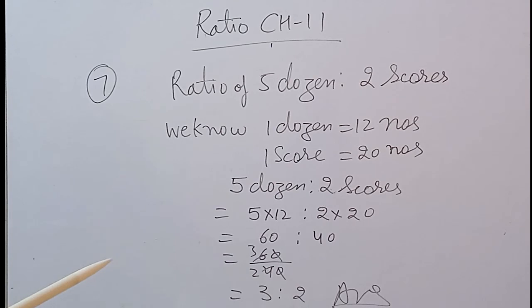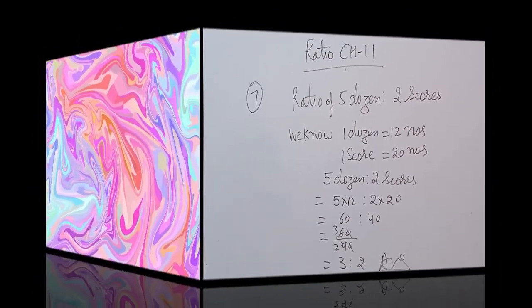So 60 ratio 40 will give 60 upon 40. 0 to 0 cancel. 2 threes are 6 and 2 twos are 4. So 3 upon 2, that will give 3 ratio 2. So the ratio of 5 dozen and 2 score is 3 ratio 2. So in that manner you will do the question number